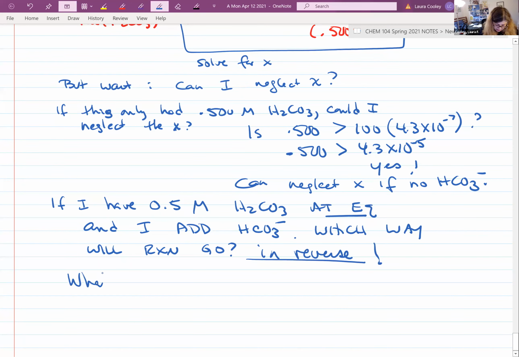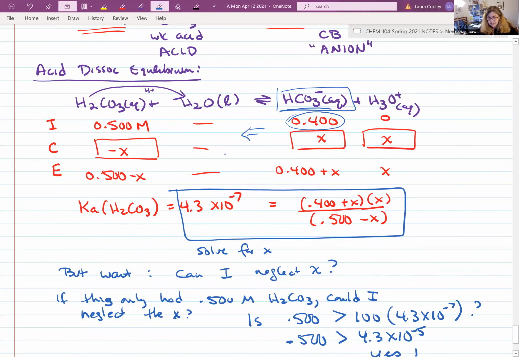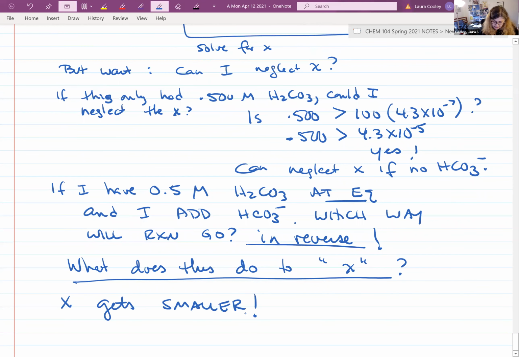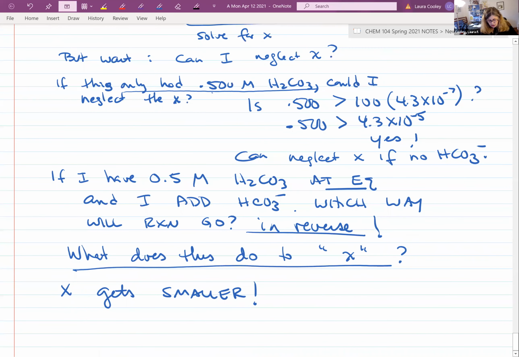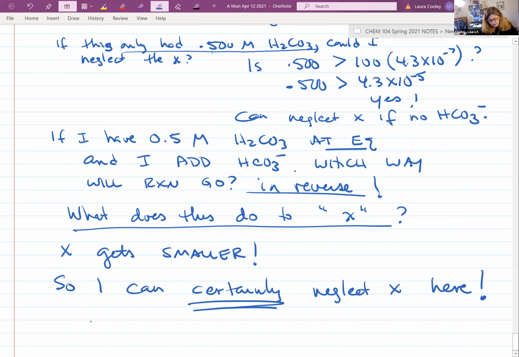So what does this do to X? Is X going to get bigger or smaller if I drive the equilibrium this way? It's going to get smaller, right? Because X is the products. So what it does to X is makes it smaller. So if I could neglect the X in the problem when I only had 0.5 molar H2CO3, I can certainly neglect X here. This is the common ion effect,